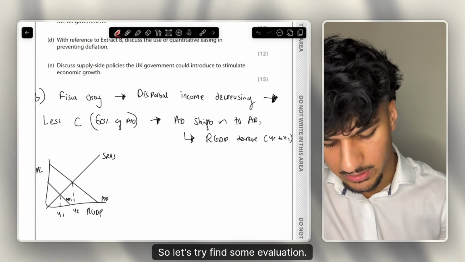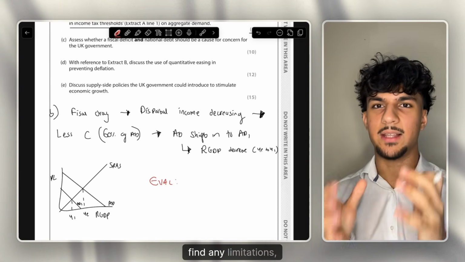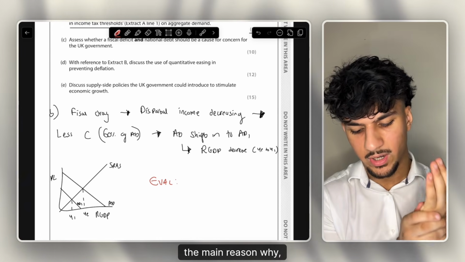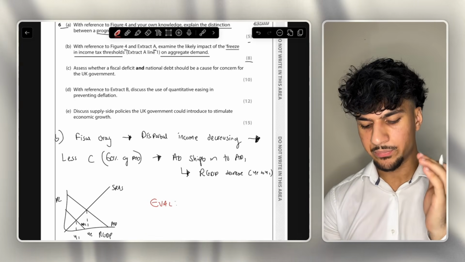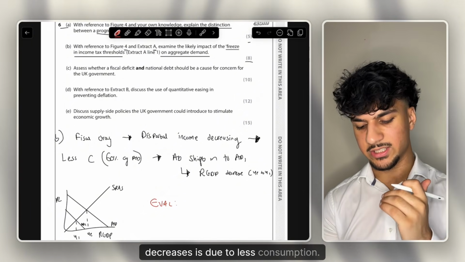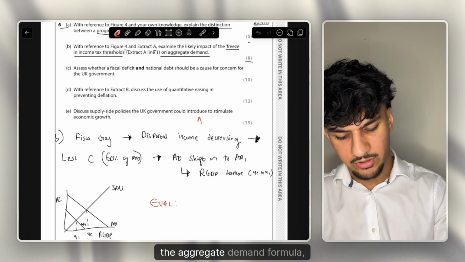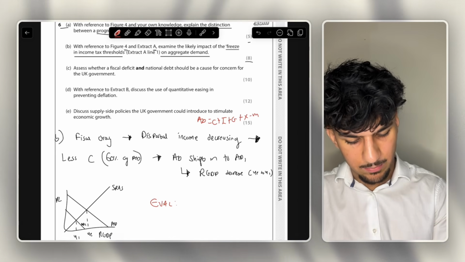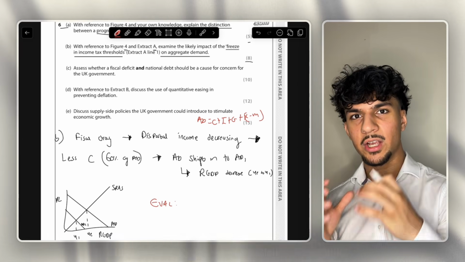So let's try to find some evaluation. Like I always say, read through your chain of analysis, find any limitations, any assumptions, and evaluate them. Remember the question is about aggregate demand decreasing, and the reason in the chain of analysis that aggregate demand decreases is less consumption. But what are some of the other components of aggregate demand? The aggregate demand formula, which I hope you know by now, is C plus I plus G plus X minus M. Therefore, in evaluation, you could say this depends whether the reduction in consumption could be offset